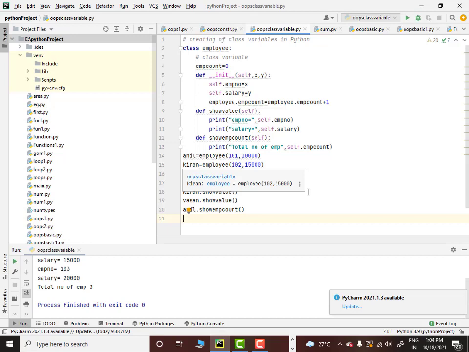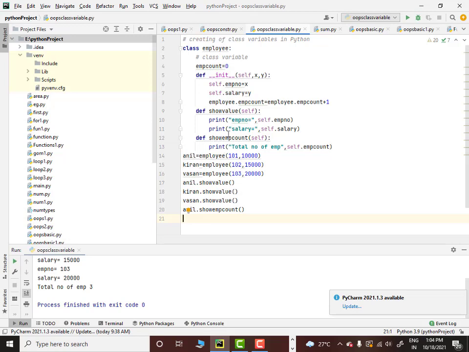So where are you giving this statement? You are giving it within a constructor. Why? Because you know that when an object is created, a constructor is called. At the same time, you want to increment the value of employee_count. So within the constructor, you are incrementing the value of employee_count by 1. As and when you create the objects, the employee_count variable keeps on incrementing by 1. So if you create 4 objects, 4 times the employee_count will be incremented by 1, so employee_count becomes equal to 4. Now, how are you printing this?